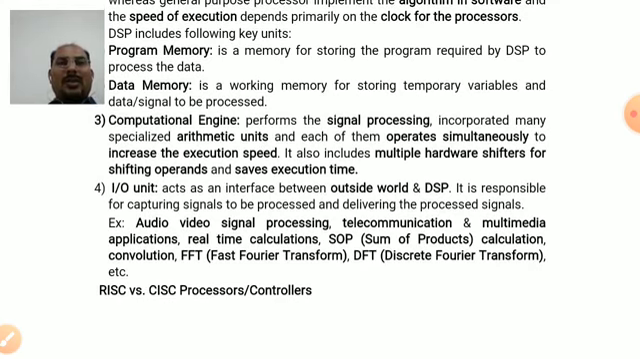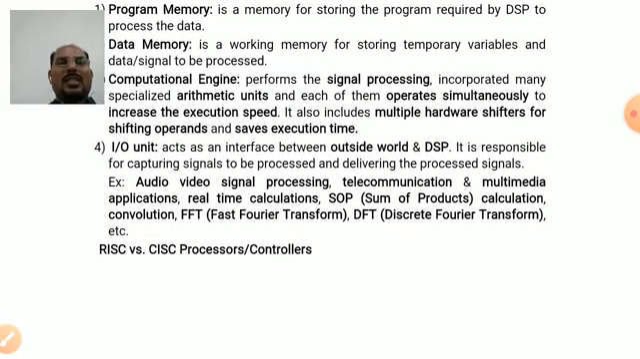Data memory is a working memory, a temporary memory for storing the variables temporarily. Then it has a computational engine, which is responsible for performing signal processing. It has arithmetic units that operate simultaneously to increase the execution speed. It also has multiple hardware shifters for shifting operations, hence saves the execution time. It has an I/O unit, that is an input or output unit, which acts as the interface between the digital signal processor and the outside world. This input or output unit is